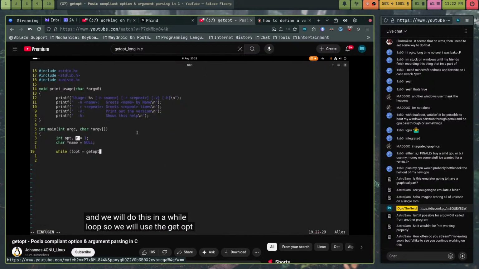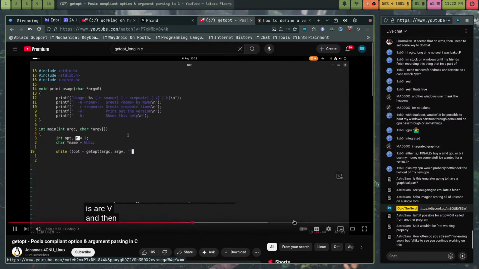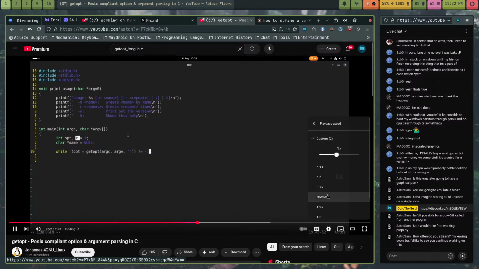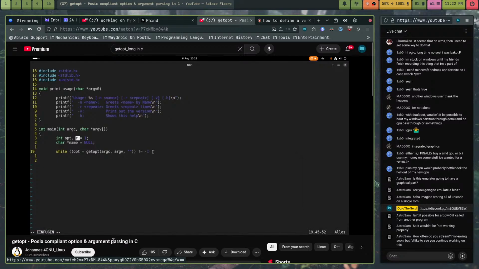So we'll use the getopt function, the getopt function needs the following arguments. The first argument is the number of arguments which will pass to my program. The second one is our array of arguments, and then we'll specify which options we want to pass. And when getopt returns -1,